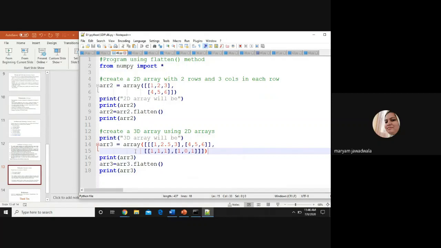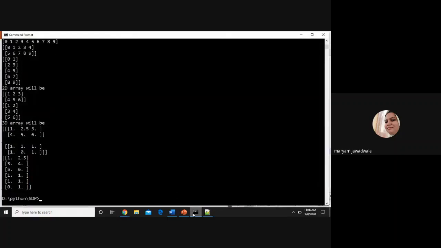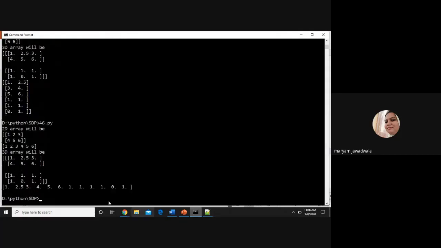Right? Like here, ARR3 is an example of a 3D array. Here I'm using the flatten method. What is the output after the flatten method? All the 12 elements are collapsed into a 1D array. Right? So let's move to the program 46. Let's run this program 46.py. Right? This is my program 46, 2D array.